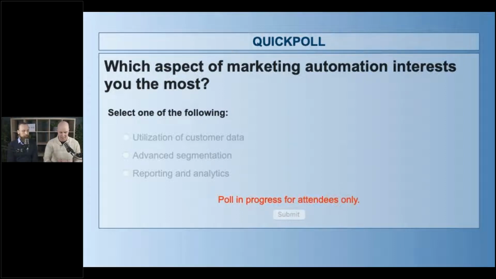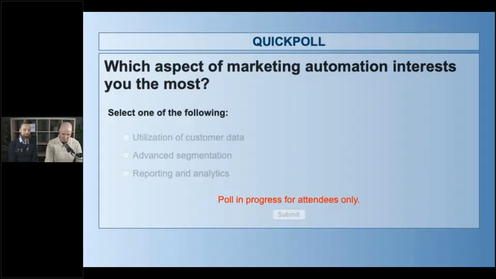Personally, I think I love reporting and also the utilization of customer data. How about you, Jussi? Over 10 years with marketing, cool. Segmentation is cool.